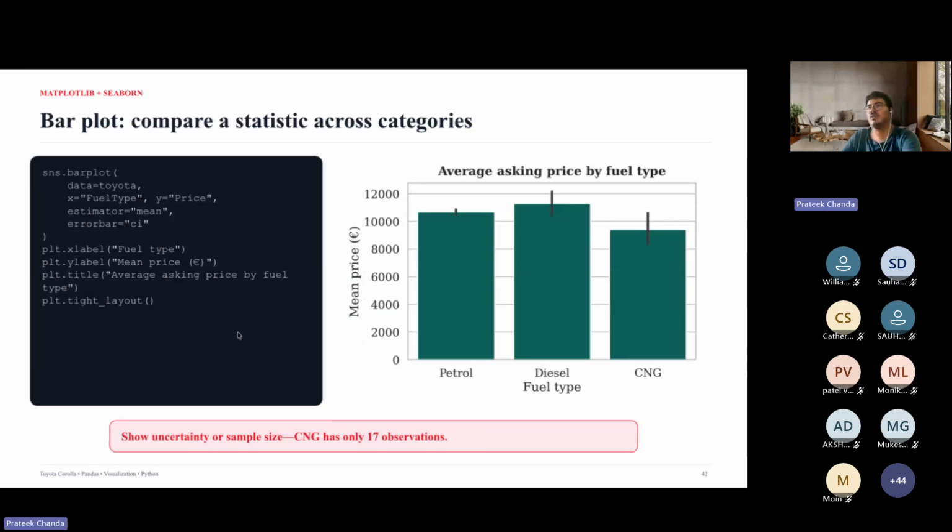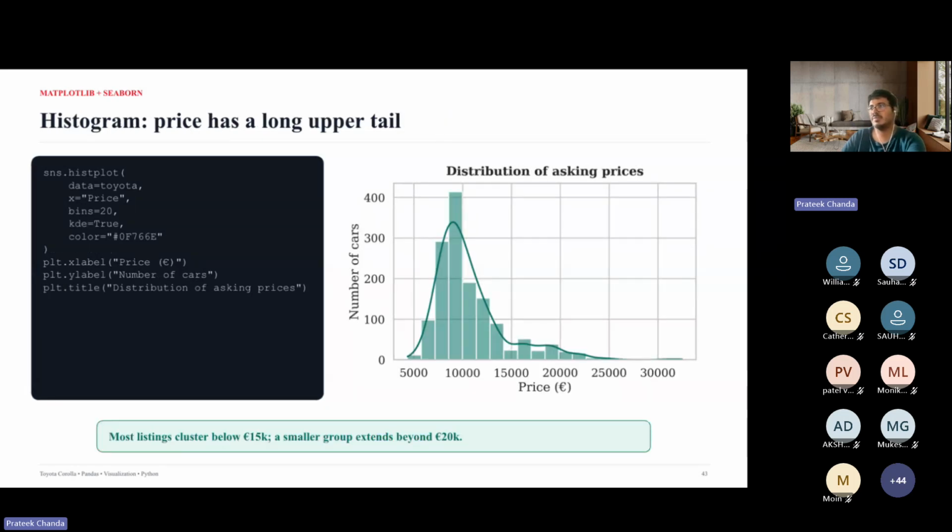So this was the line plot. The bar plot is basically looking at the distribution for each variable. So for petrol, I want to see the mean price of it. So it shows me, for each fuel type, the corresponding mean price distribution. So this is my setup that we can see here.